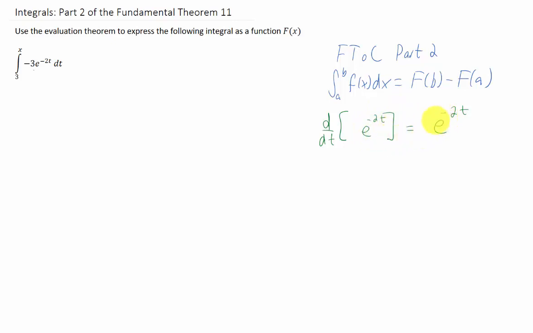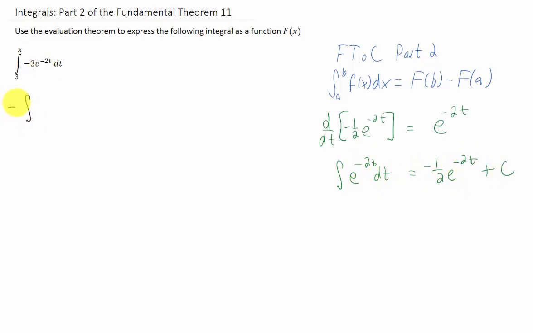you'll recall that the chain rule says that we have to multiply this function by a negative 2. We don't want that negative 2 there, so what we can do is just divide both sides of this thing by negative 2, and we get a negative 1/2 right here, which says that the derivative of the function negative 1/2 e to the negative 2t is e to the negative 2t, and that is a true statement. This gives us another true statement that says that the integral of e to the negative 2t dt is negative 1/2 e to the negative 2t plus c. We're going to use this fact in this problem here.